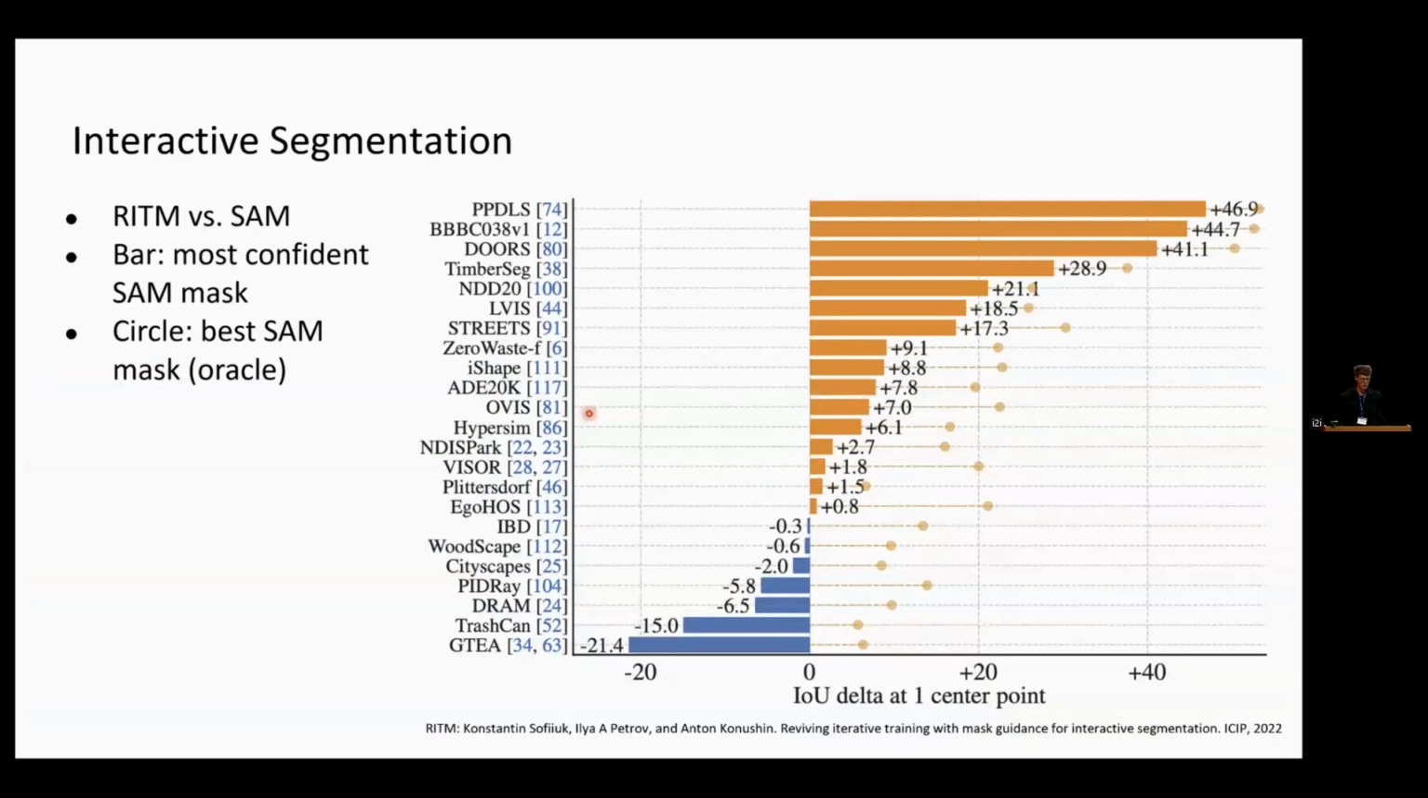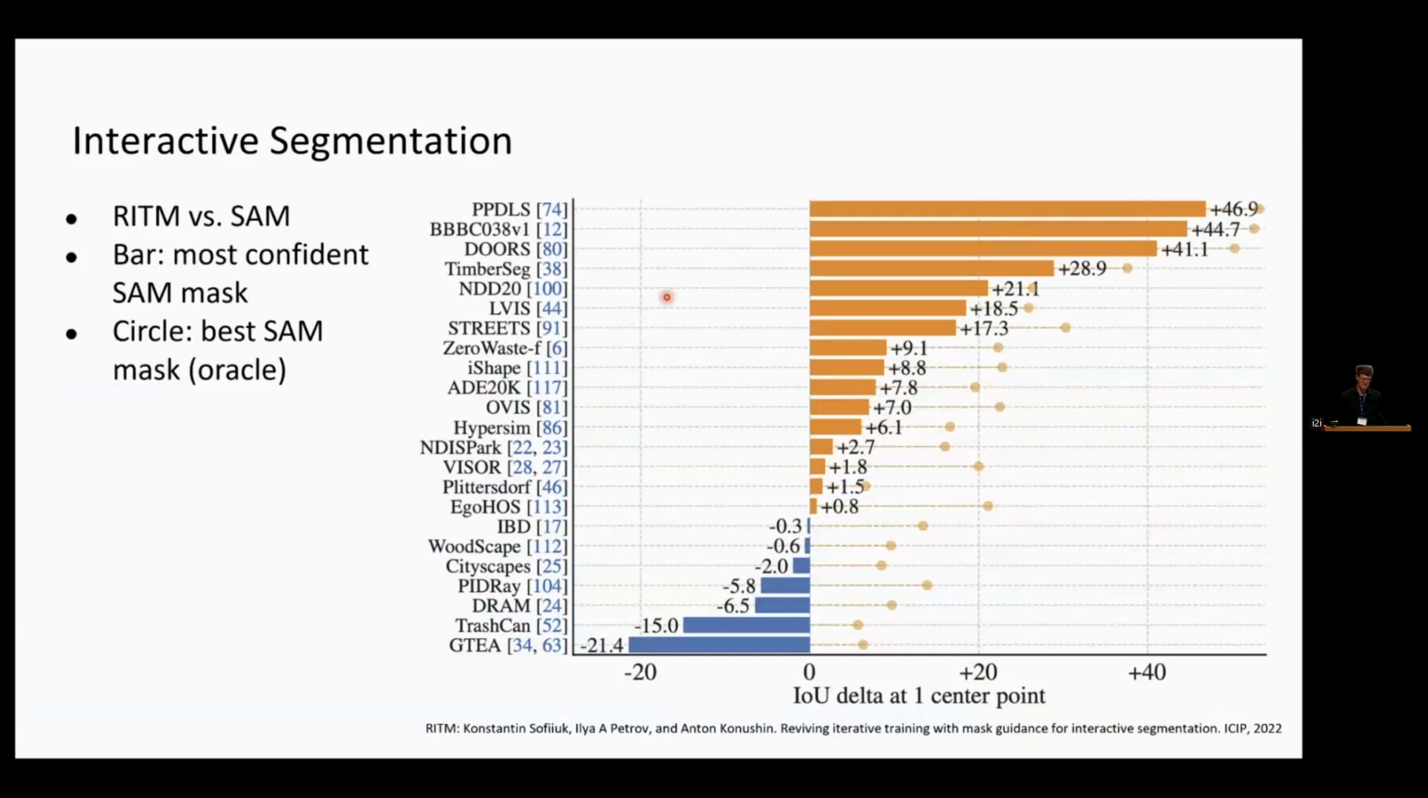And while results vary data set to data set, on average, our model is much stronger across all of the data sets. I'm showing two different things on these 23 data sets. The bar plot takes the mask that comes out of SAM that has the highest score. But